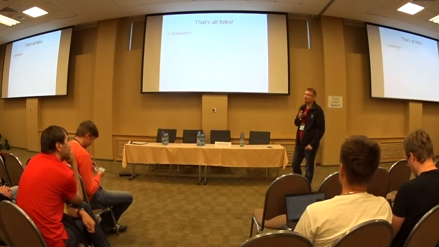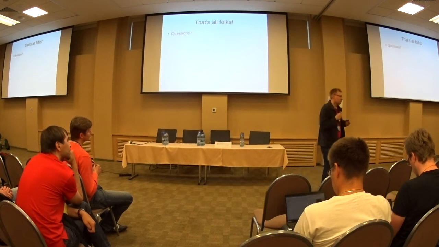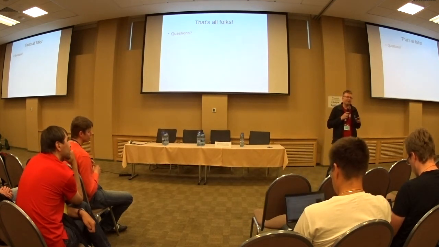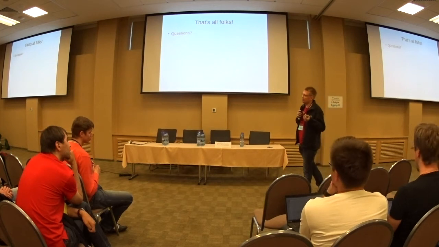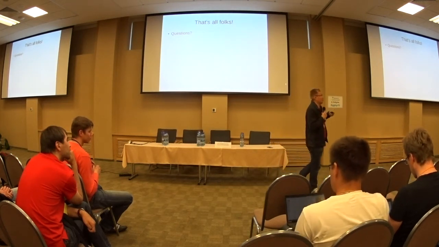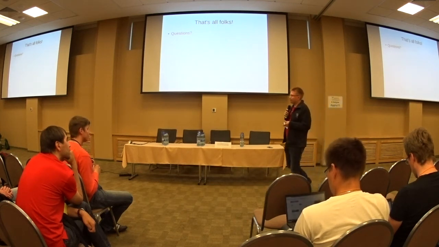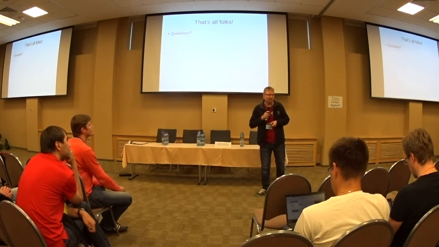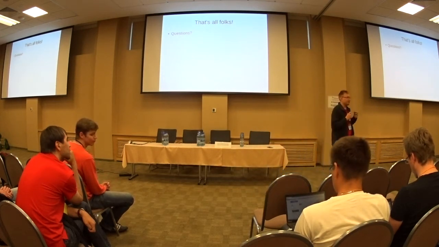Let's see if I get this right. There was a patch in 9.5 during the release cycle that added an option to PG receive xlog. That was like an fsync interval or something like that. It was an option that made PG receive xlog fsync automatically every 5 seconds or whatever number you put there. But it was ripped out before the release because it didn't really feel very useful, to be honest.